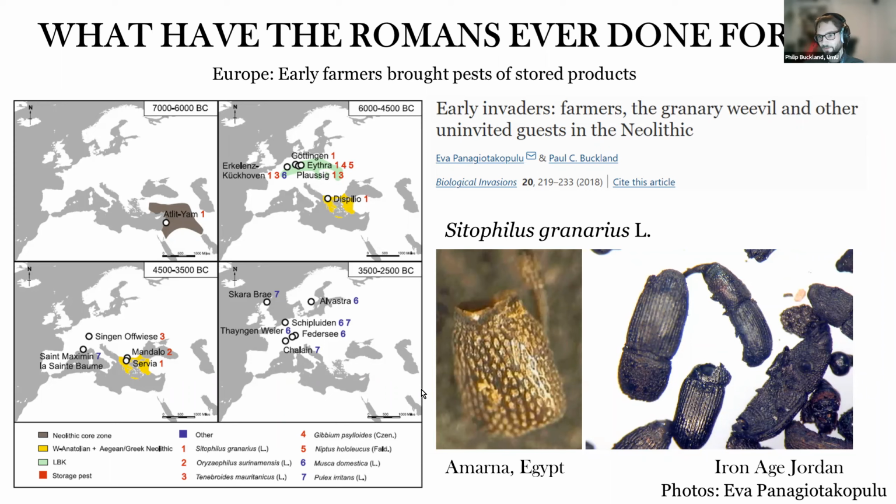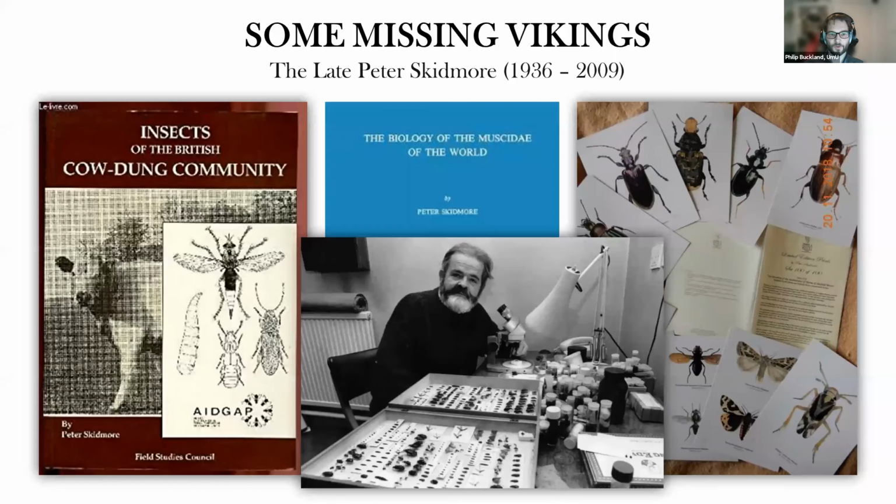And here we have some of the oldest fossils. This is unfortunately unpublished, I think, from Eva's PhD work, and these are very, very well preserved carbonized grain weevils from a granary. And here is from the same site I showed you before, Amarna, Ranefer's house there, a Sitophilus thorax. So I recommend these papers if you want to look at this more.